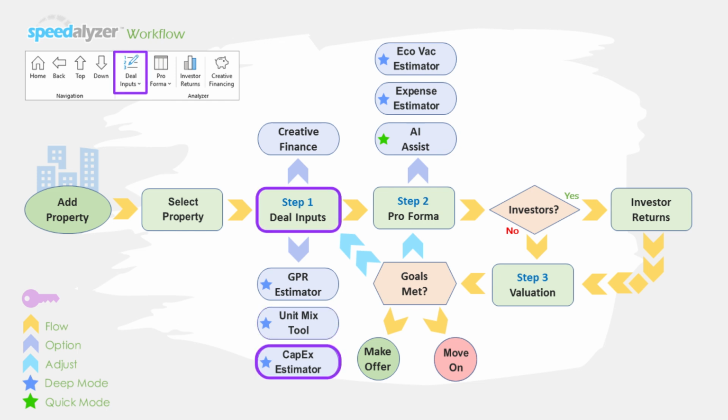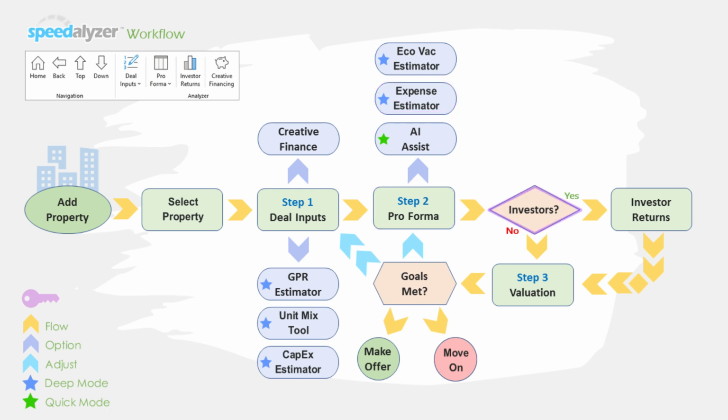build a renovation budget. Next, proceed to the Step 2 Pro Forma section to input your preliminary growth and exit assumptions. If needed, use our Quick Mode AI Assist tool to leverage AI in forecasting annual growth, economic vacancy, and expense ratio inputs. For a deeper dive, access deep mode tools like the Economic Vacancy Estimator to model losses over the hold period and the Expense Estimator to analyze the seller's T12 expenses and project your operating expenses line by